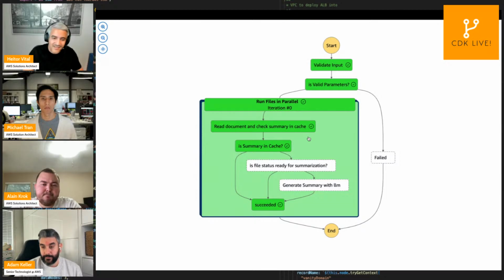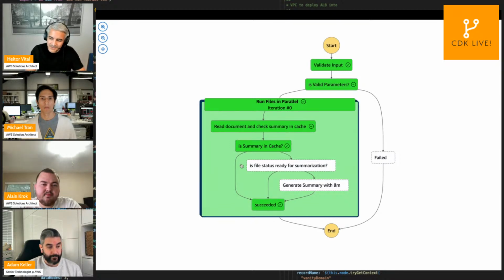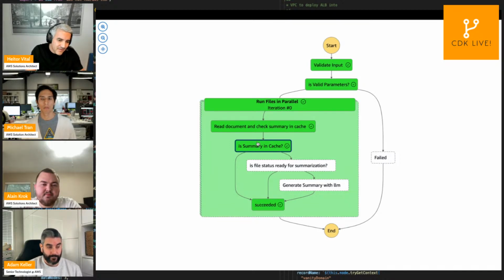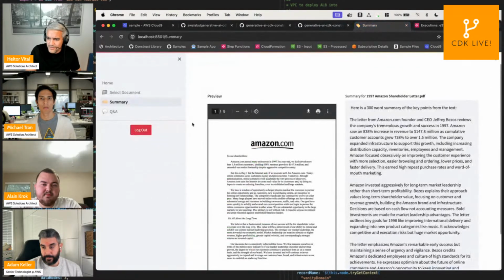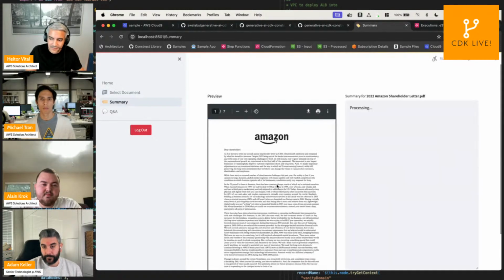If it's not, I call the summarization model, make a call to Bedrock, generate this output and save it in the cache. And if you access the same file again, it's going to go through the path that it actually went, retrieving the summary from the cache. So you can do this for all the documents that you have here, or upload your own document.